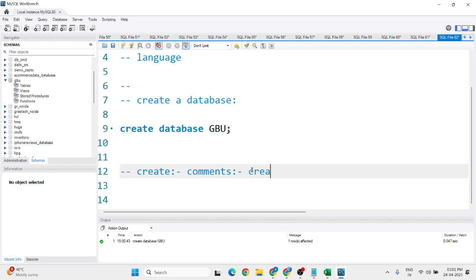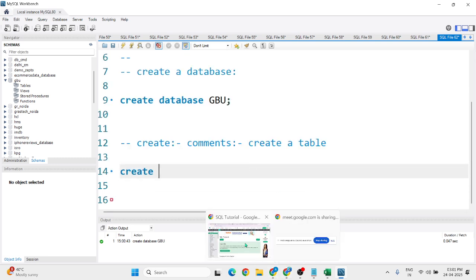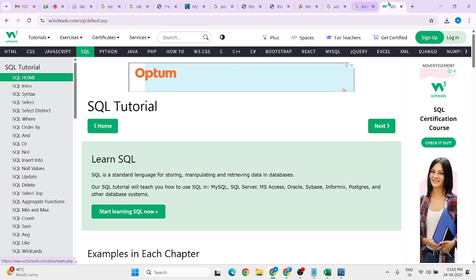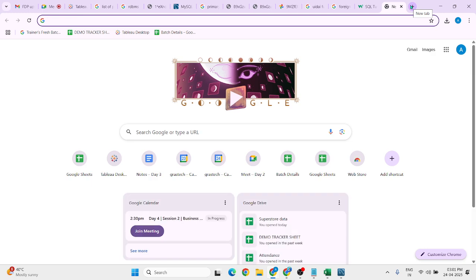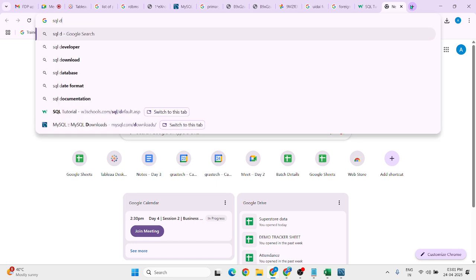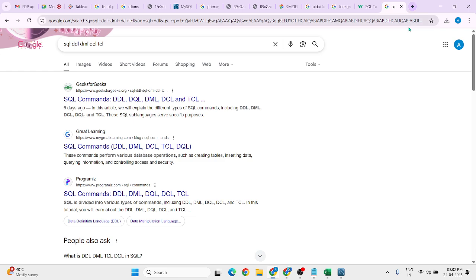Now I want to create a table, so this is just a message, and for that I need to write this create statement, right? So create is a statement. Before I start with what exactly the create statement does, MySQL or SQL Server or any sort of RDBMS or SQL language is divided into different commands, and we generally refer to these as DDL command, DML command, DCL, TCL, and DQL commands, right? All these are related to the